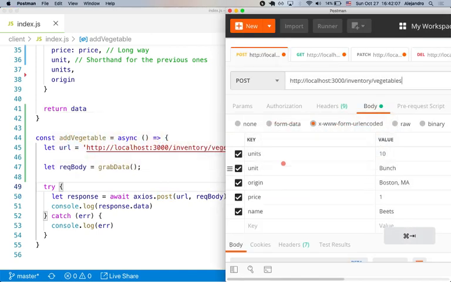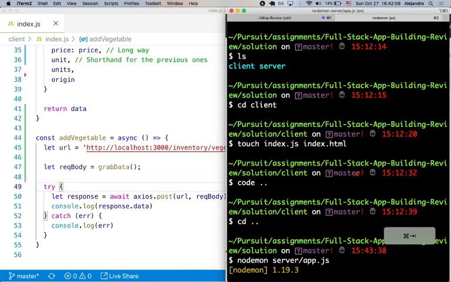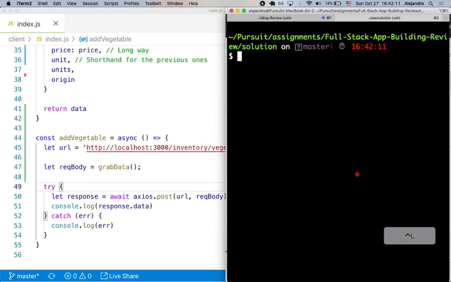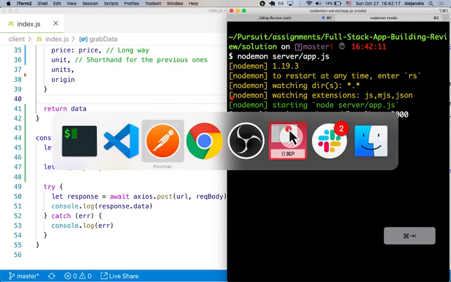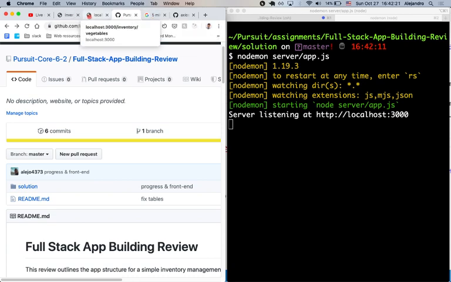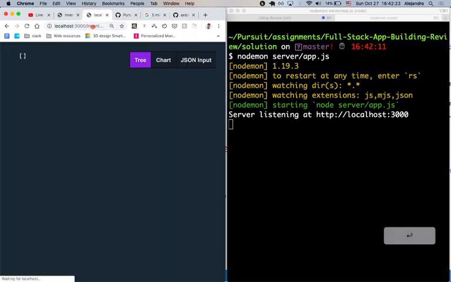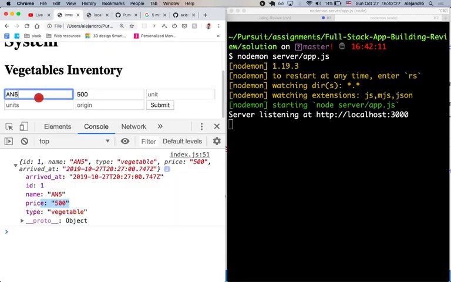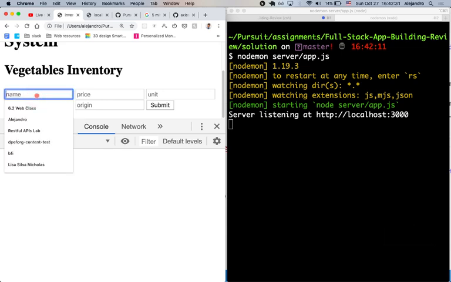So let's see. I'm going to restart my server to start with a clean slate. Nodemon server app.js. Let's get all the inventory, which should be empty. Then let's try to actually add something. Refresh this, tier 2. Let's try to add